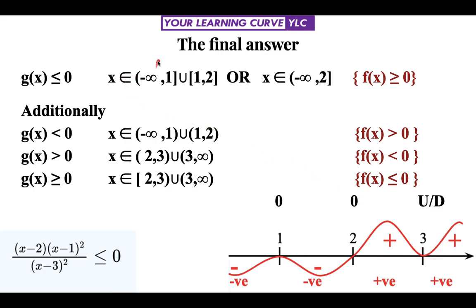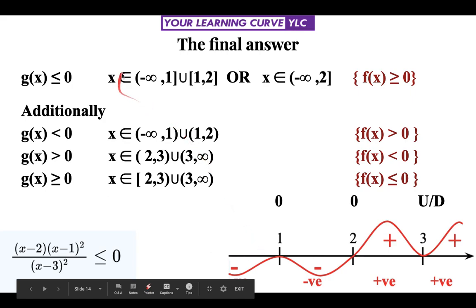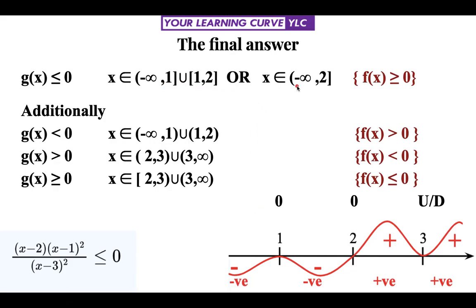So finally we are getting x belongs to the open interval minus infinity to 1, closed, union closed interval 1 to 2. Here we observe that 1 is included and this is the common point. So instead of writing it as two intervals, there is nothing wrong in this answer, but still we will say that minus infinity to 2, there is no number excluded. So we will combine these two brackets and write x belongs to open interval minus infinity to closed 2. This is the answer for g(x) less than or equal to 0, or rather our function f(x) positive. This is the answer.